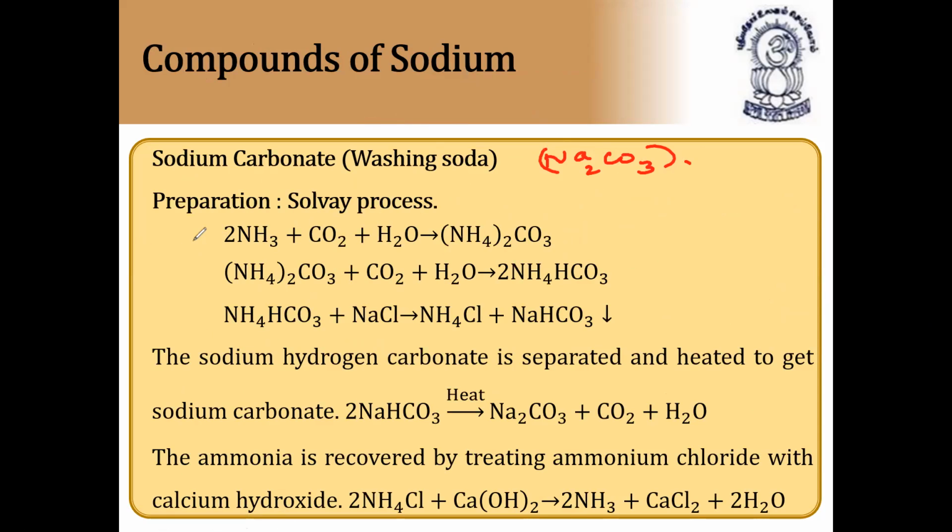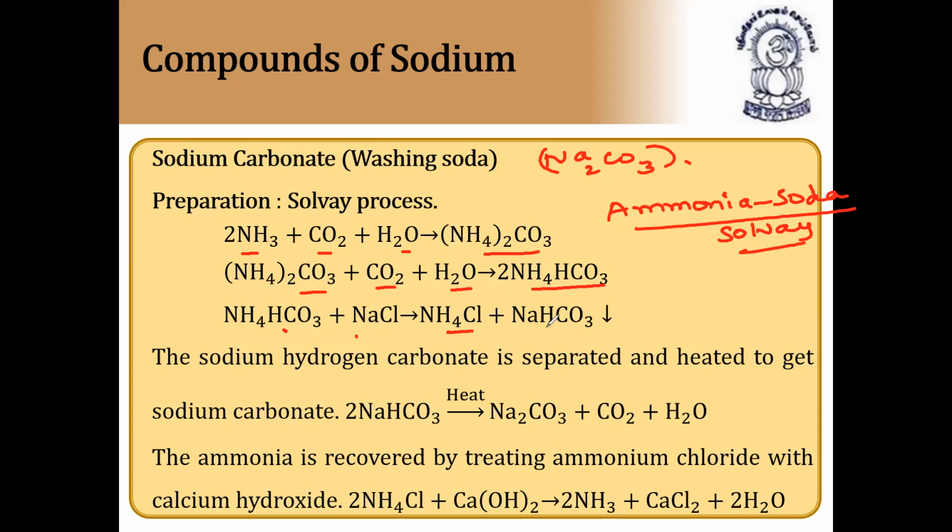Now, preparation by the Solvay process. This is also called the ammonia soda Solvay process. First step, what happens? Ammonia is combined with carbon dioxide and water. It forms ammonium carbonate. This ammonium carbonate combines with carbon dioxide and water. It forms ammonium bicarbonate. And the ammonium bicarbonate on reaction with sodium chloride forms ammonium chloride along with sodium